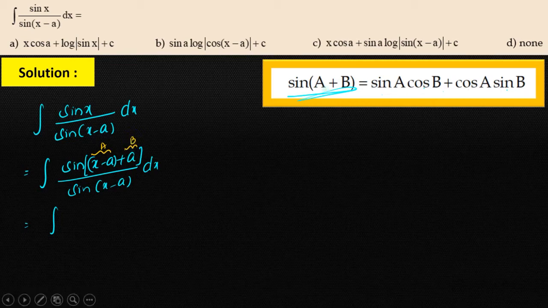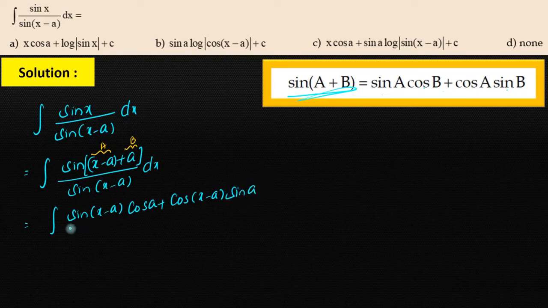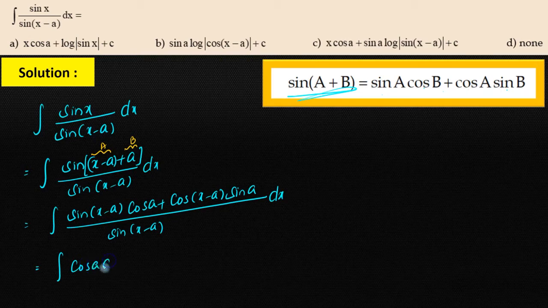Now applying this formula here, sin A, that is sin of (x minus a), into cos B, that is cos a, plus cos A, that is cos of (x minus a), into sin B, that is sin a, divided by sin of (x minus a) dx. This equals to integral, here sin of (x minus a) get cancelled, cos a dx,